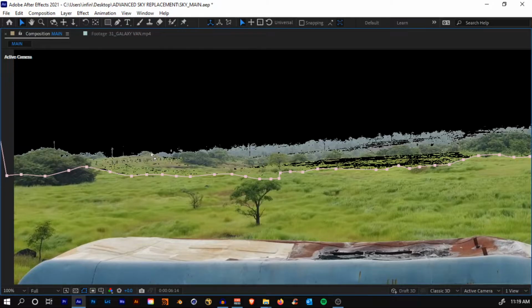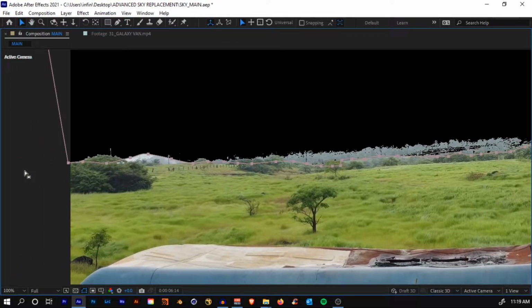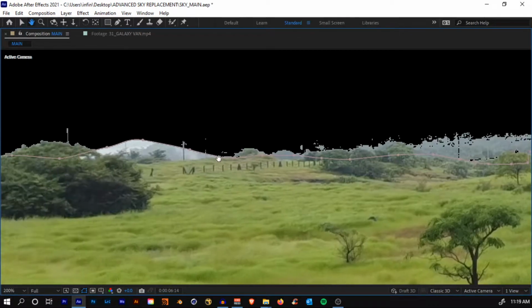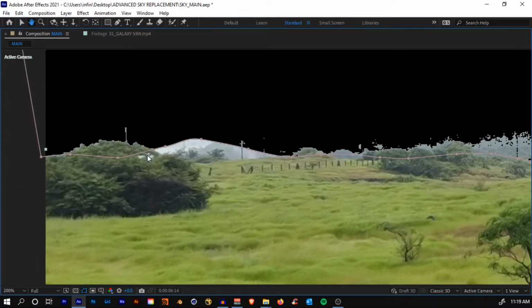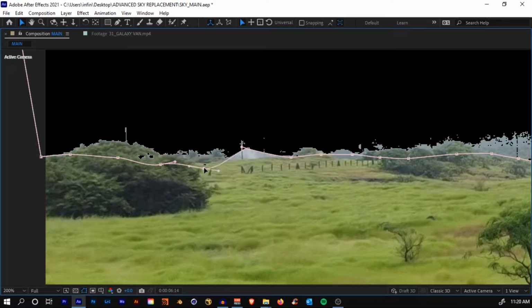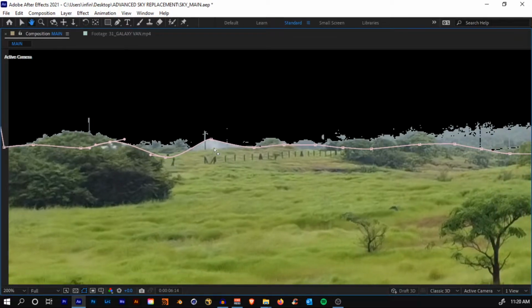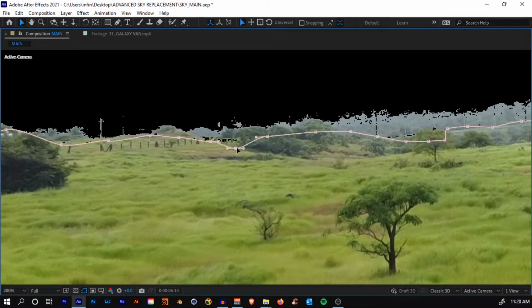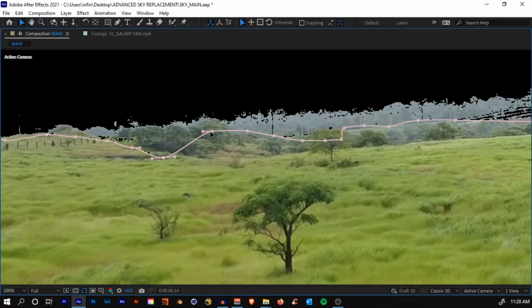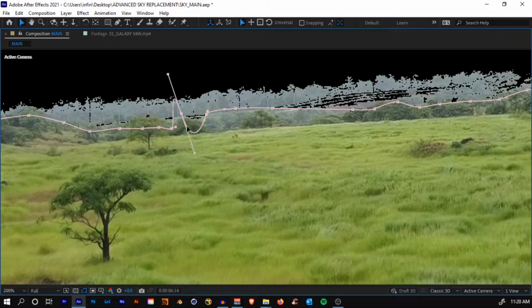Hit Ctrl Z again. So just click out of the window. You'll see that the square points now turn into a circle. Now that's when you can select the individual points. So now you can select the individual points properly. So just move them at the edge, something like that. And don't worry about these, currently they're too rough, but we'll fix them too. Something like that, it's good. If you make a mistake, just undo it.